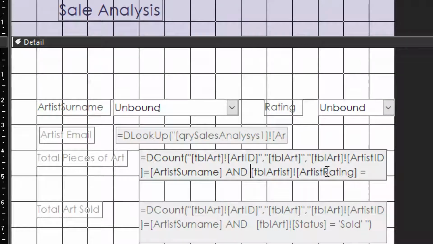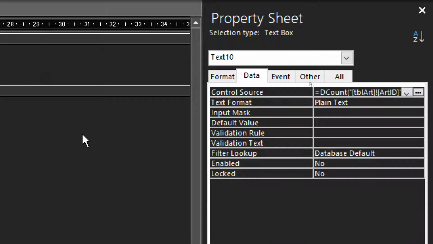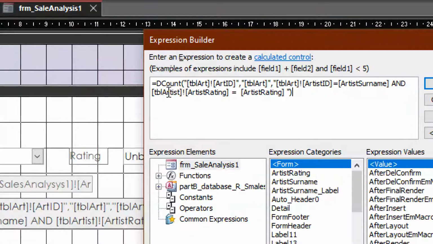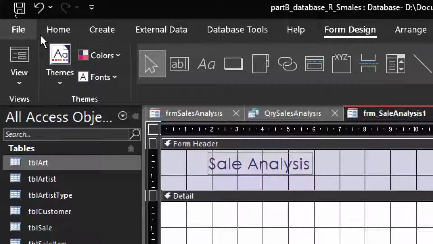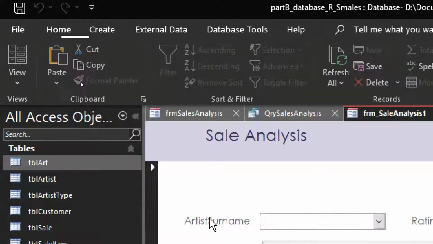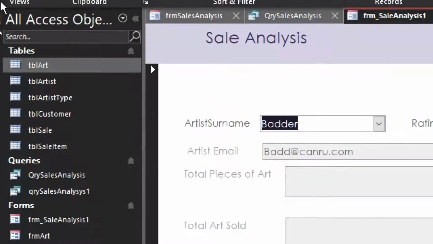And table artist rating, equals artist rating. View. Okay. Let's just